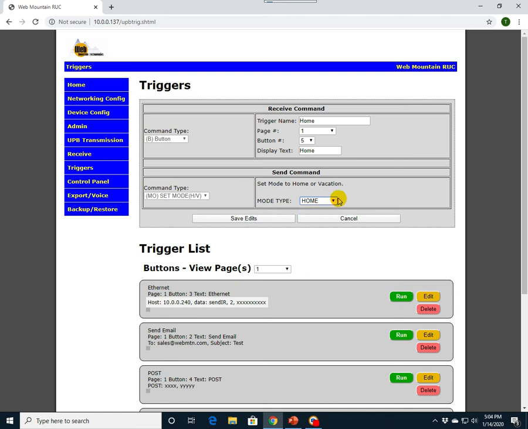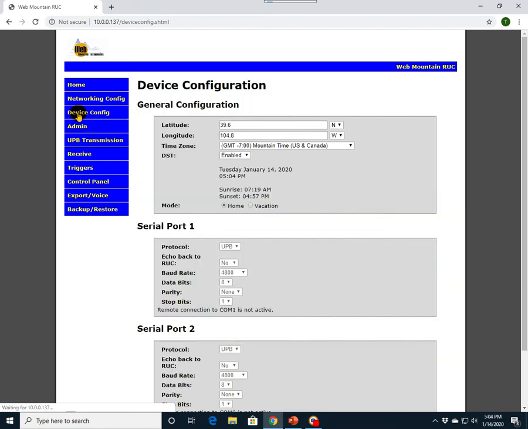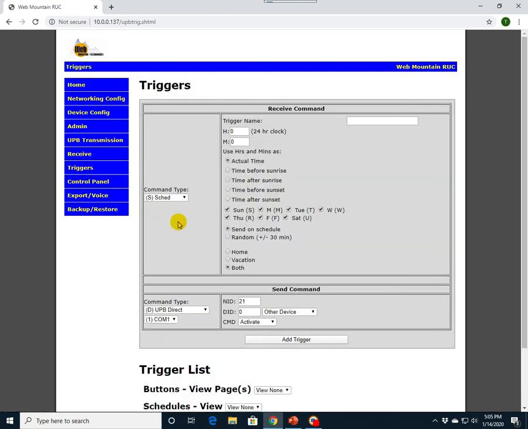Now you might ask, okay, well how do I get the RUC into the home or vacation mode? You come up to the device configuration page, and you'll notice right here, home, vacation. In this case, we've got the RUC into the home mode. If you wanted to put it in vacation mode, you just put it there. And again, the purpose of this is that you could run different triggers based upon whether you're home or you're on vacation. Now, coming back to the triggers,